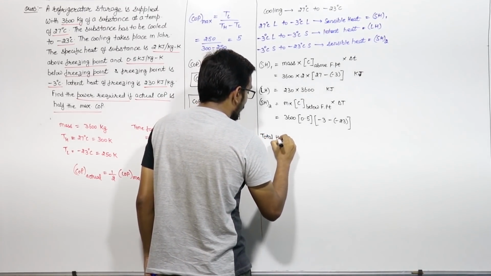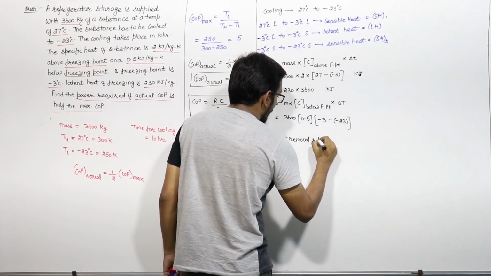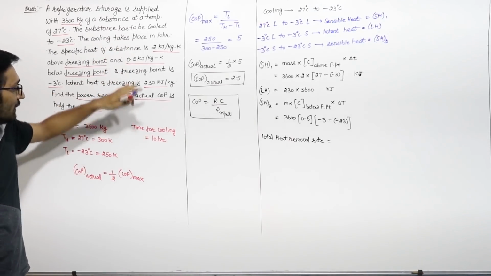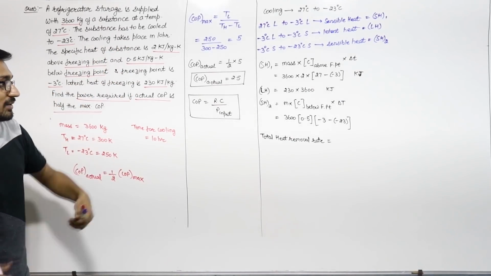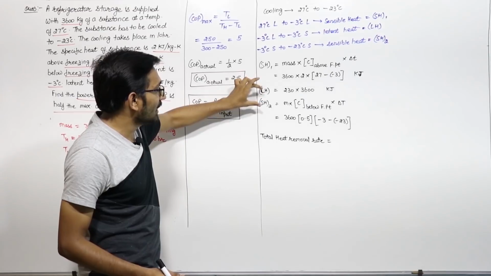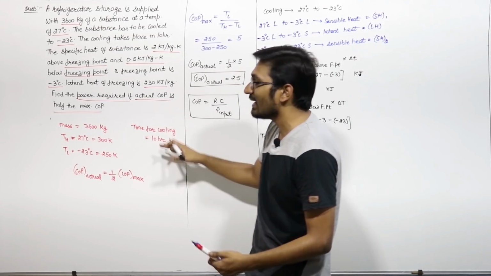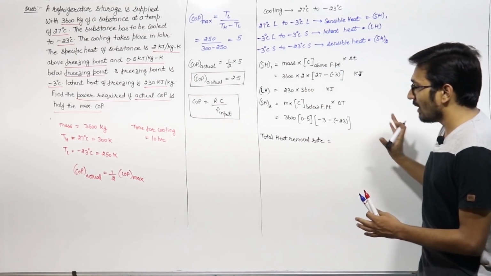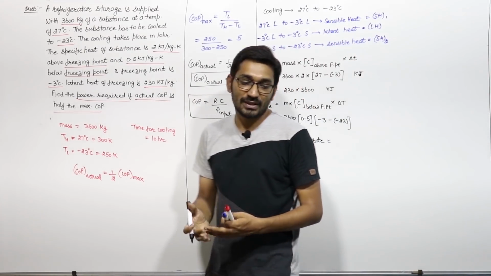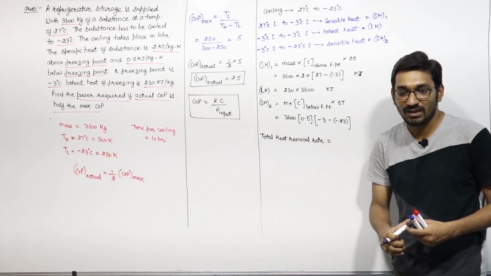So if I add this, then we can say total heat removal rate. We have to find in kilowatt. We have to find the heat removing rate, because the cooling will be occurring in 10 hours. So we can easily convert this much amount of heat, this sensible heat plus this latent heat plus this sensible heat, is the total heat which we have to remove in 10 hours. If I add these three, this much amount of heat I have to remove from this substance to cool it from 27 degrees Celsius to minus 23 degrees Celsius, right?